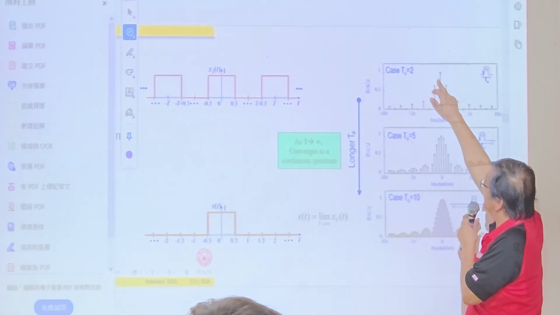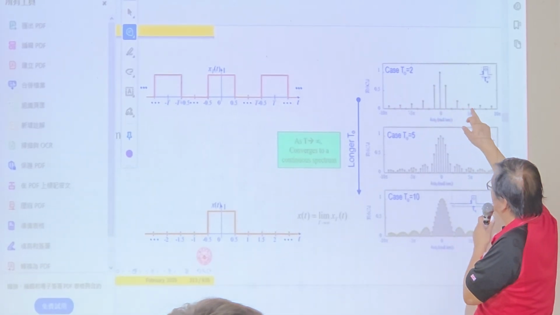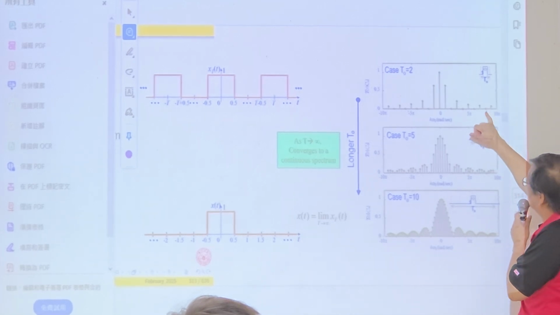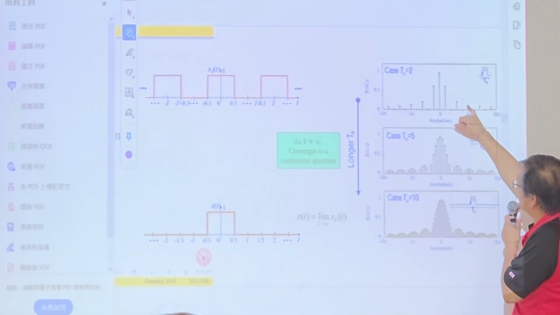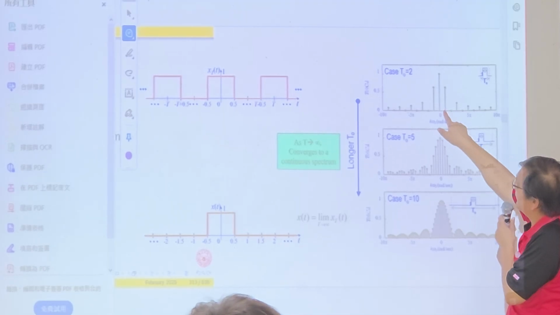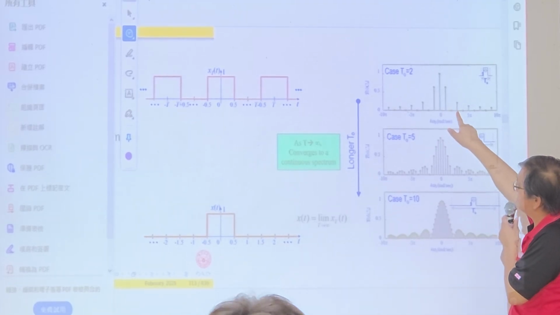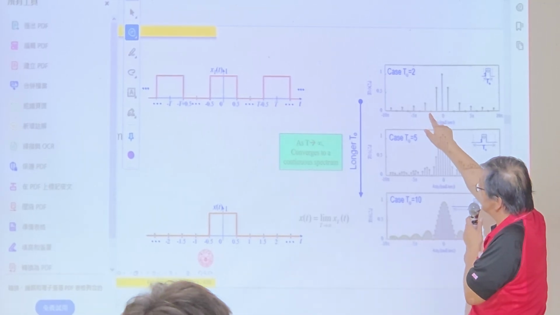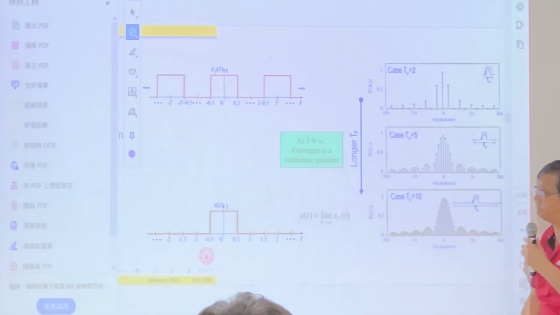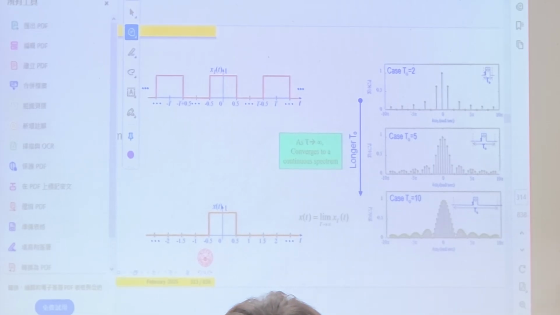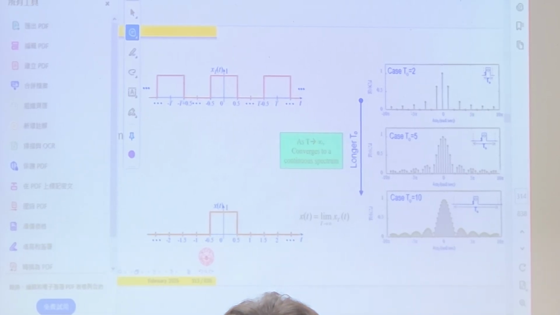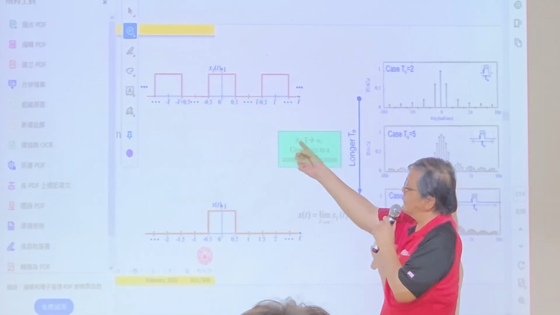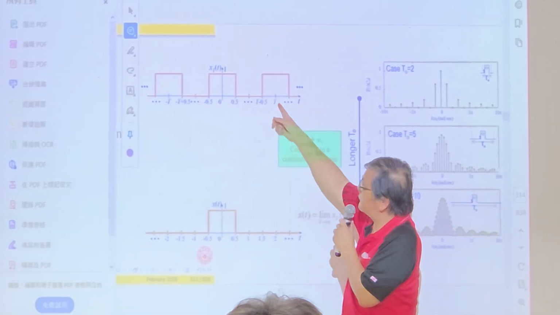this will be the magnitude of the Fourier series expansion. And you can see that the frequency components occur at discrete frequencies: 1 omega 0, 2 omega 0, 3 omega 0, 4 omega 0, negative 1 omega 0, negative 2 omega 0, negative 3 omega 0. Now if we increase the period, T sub 0,